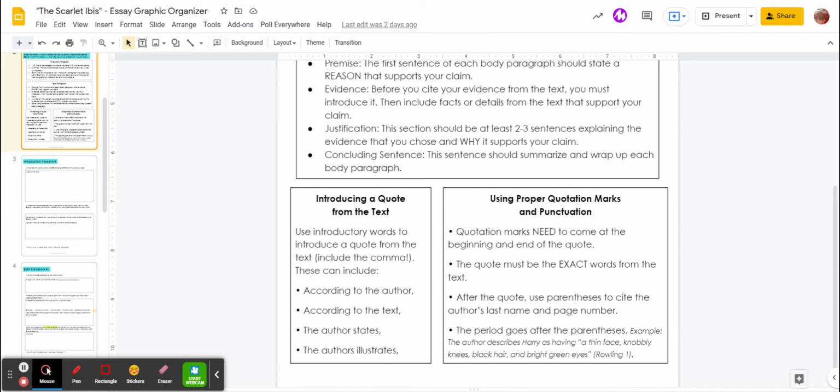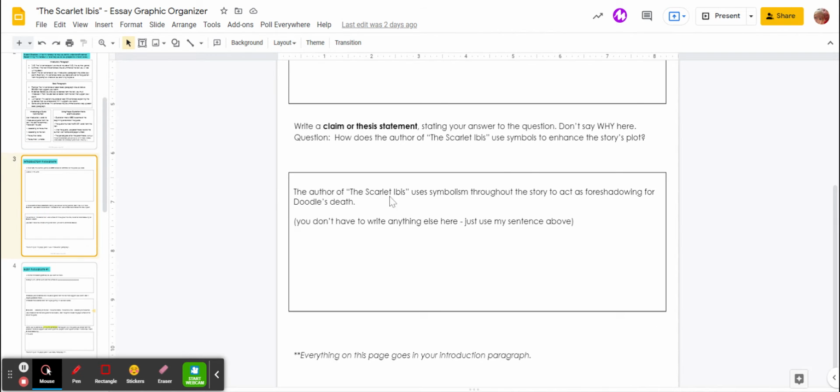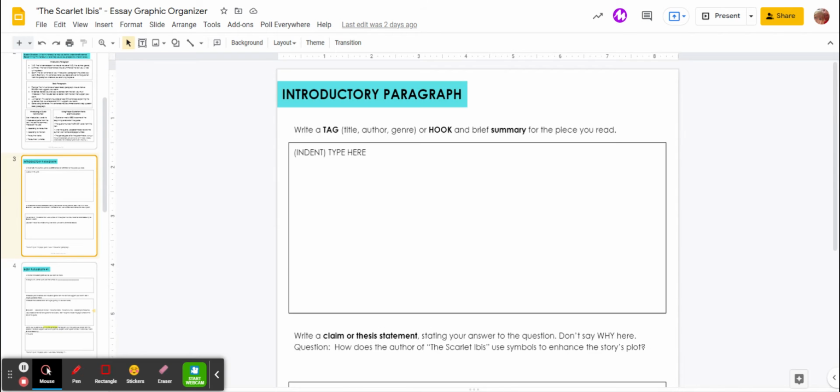All right, so this is just kind of extra information. Now, on slide 3 where it says intro paragraph, this top chunk. Now these boxes are huge, okay? You're not going to fill the whole thing up and that's fine. But you need to do a tag, which is your title, author, and genre. So you're going to say something like